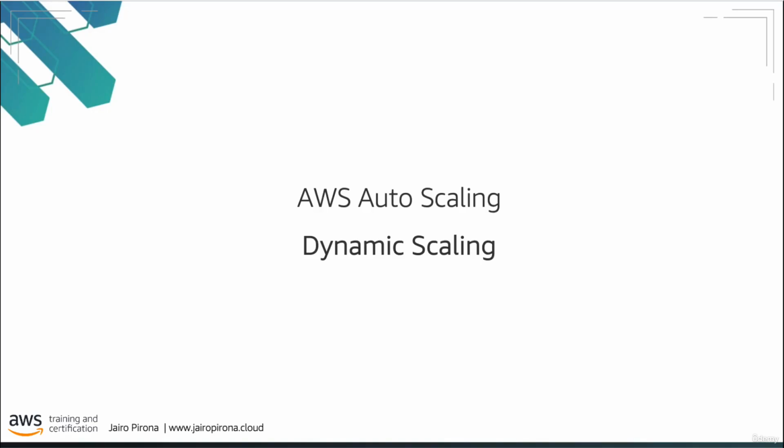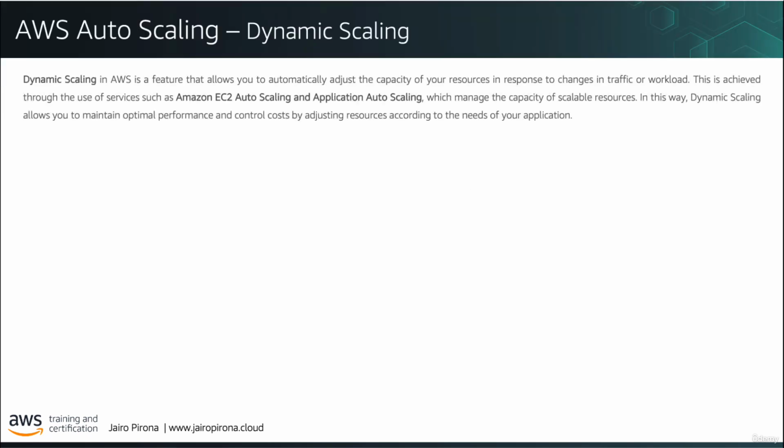Dynamic scaling automatically adjusts the capacity of your auto-scaling group based on traffic changes. It allows you to define scaling strategies, that is, apply scale-in or scale-out to automatically scale up or down as needed. In this case, scale-in is the process of deleting or terminating instances, while scale-out is the process of adding or launching new instances. Now, there are three types of dynamic scaling policies: target tracking scaling, simple scaling, and step